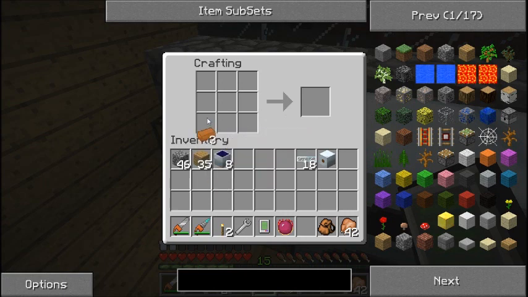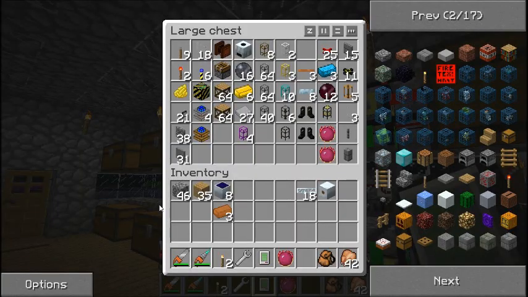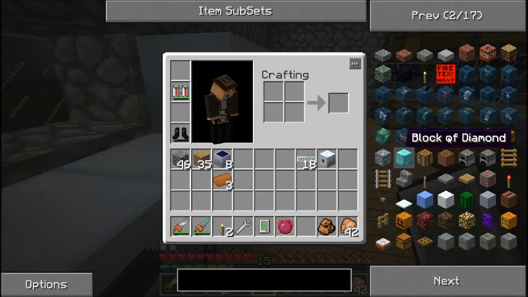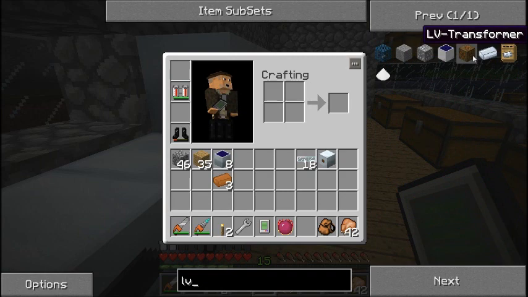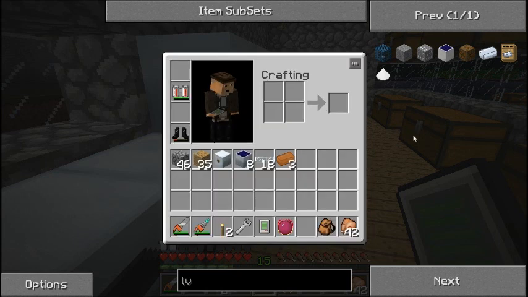And then next, I need, what happened to the wire? Well, apparently I need wire, and we're out here, so let's double check the recipe here. We need 2 wire, so